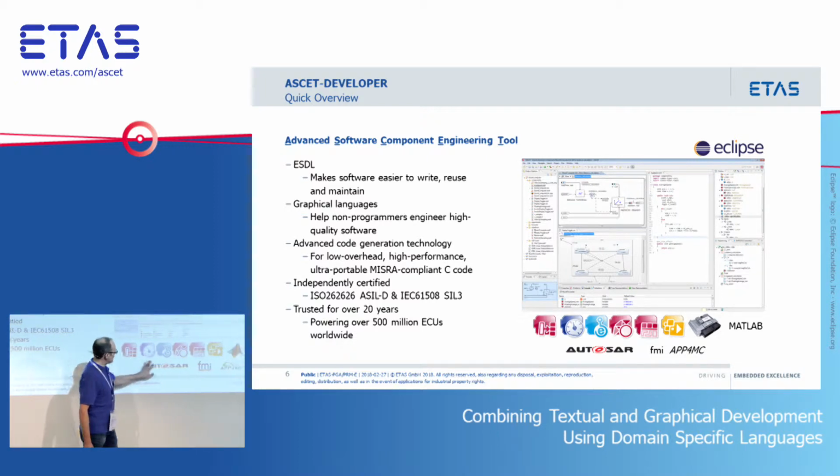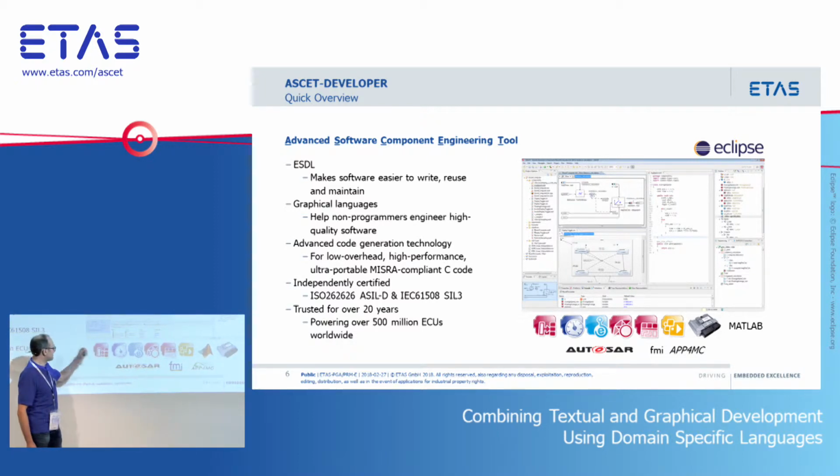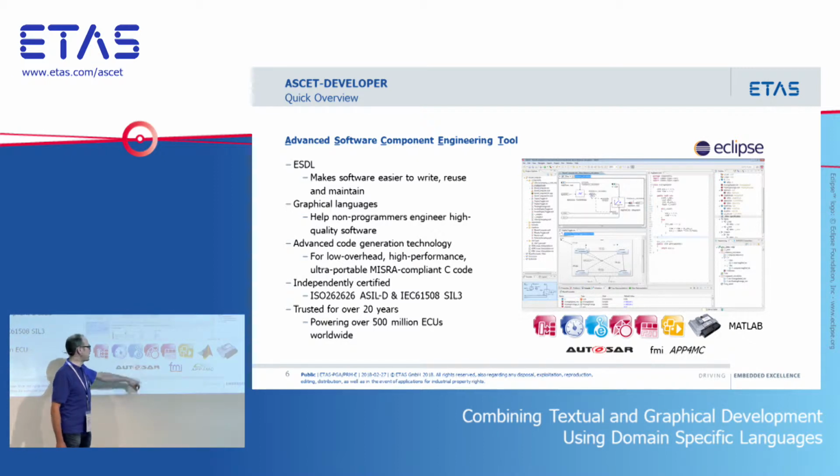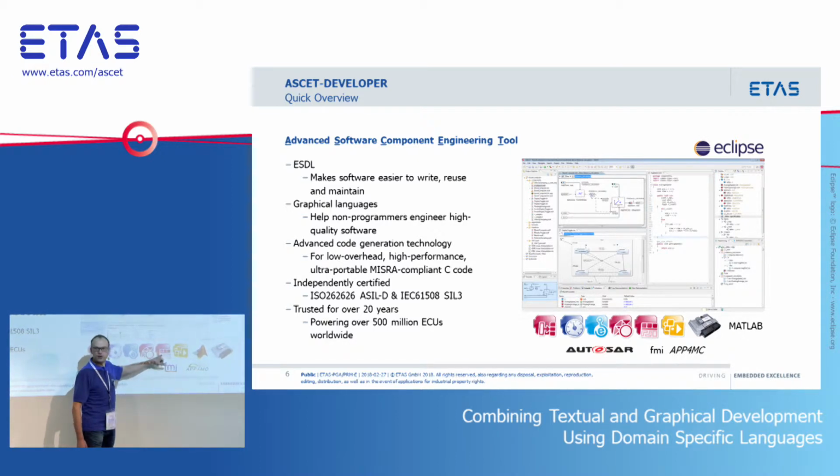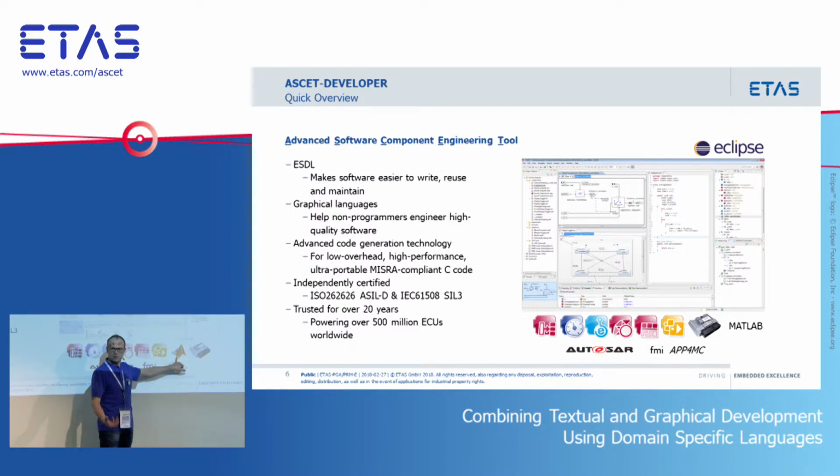So there's a lot of the ETAS tools it fits with. So things like Skoda and Conga that Marcus mentioned earlier, things like our experiment environment. We can do bypass, we can do rapid prototyping. We can work with ISILA A and B that Bernard mentioned. We can do co-simulation. We can spit out ASCET models and package them up so that they run in Simulink. So we can generate basically an S-function, and you can then test that against your plant model.